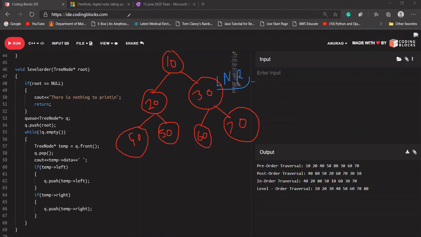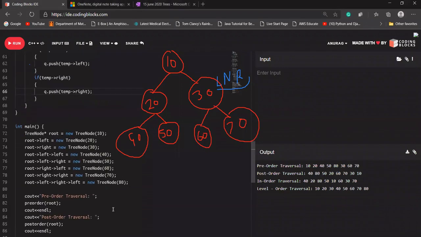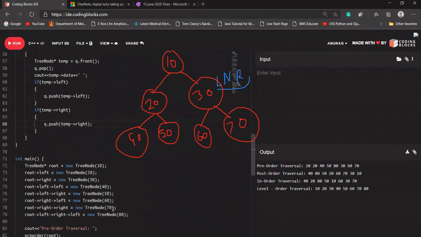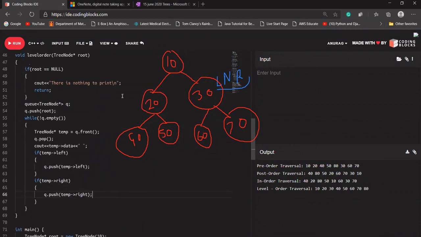Whereas your 80, let me check it again. Okay, this way. Left, right, left. Here is your code. So left, right, left, left, right, left, 50, left. That is 80. Okay, so is that clear with the code?